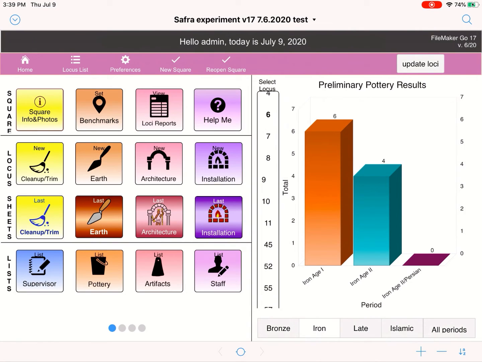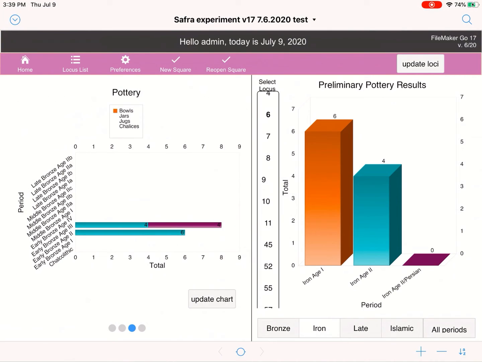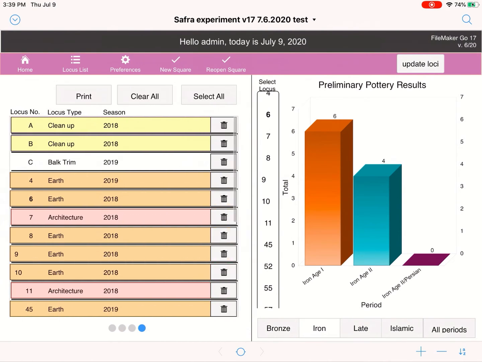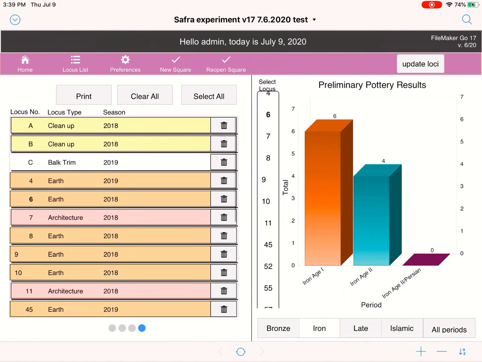Now I have another option, and that is I can use the slide feature on the left hand side to see an example of the same chart, but this time it's just a little bit different. It's spread out a little bit wider. If we keep sliding, we're going to be working on some new updates to this chart, which are going to include a breakdown of the different types of vessels throughout their period, and that's going to be something to look forward to. And then, of course, if we continue to slide, we can see the list